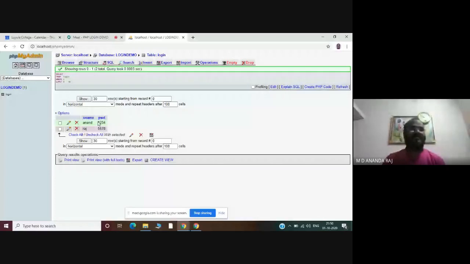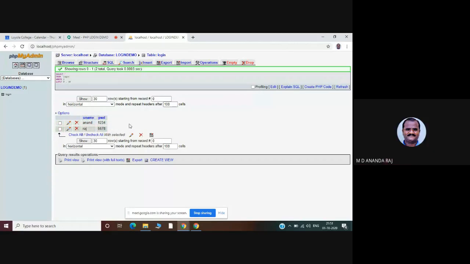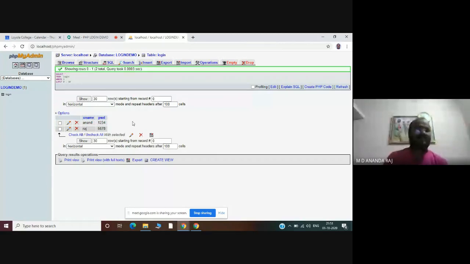If both the credentials are correct, then you can authenticate the user and allow the user to access the next pages. This is the information you have to provide. First you have to do the backend, and after that you have to create the login form with your front end.